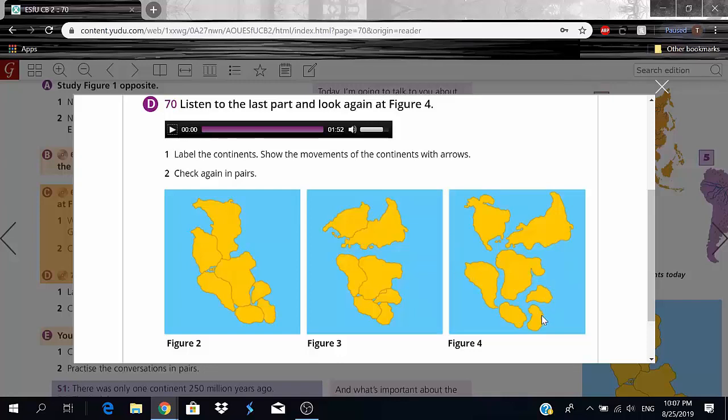Africa, India, and Australia all started moving to the northeast, right? But both Africa and Australia stopped while India just kept moving towards Asia, and that is how the Himalayan mountains were formed, and that is how the tallest mountain on Earth right now, Mount Everest, was formed, okay? And then we have Antarctica. Antarctica actually ended up moving all the way to the south, okay, you guys? So that was how the continents moved over the last 80 million years, okay? Simple stuff. Let's move on.